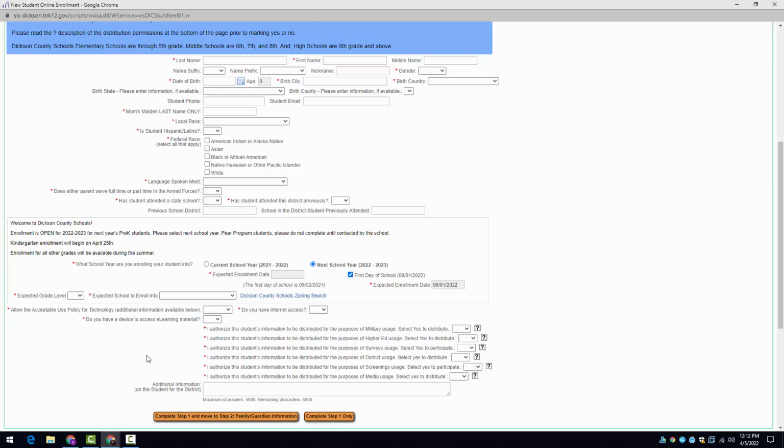And then the second thing that you want to check for is expected grade level. If your child is entering the VPK program, it will need to be P4, preschool 4, because your child will be 4 years old when they enter the VPK program. And then expected school to enroll in is your zoned school. If you don't know what your zoned school is, you can click this Dickson County Schools zoning search, and it will tell you. You put in your address, and it will tell you. But let's say, for sake of argument, that it's Oakmont,